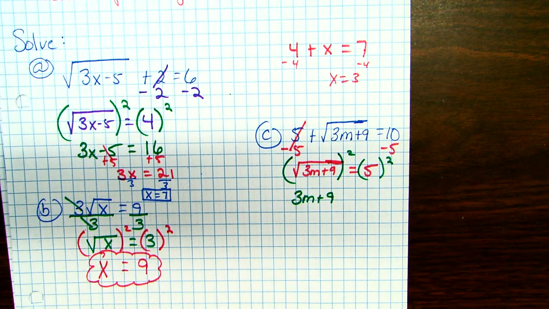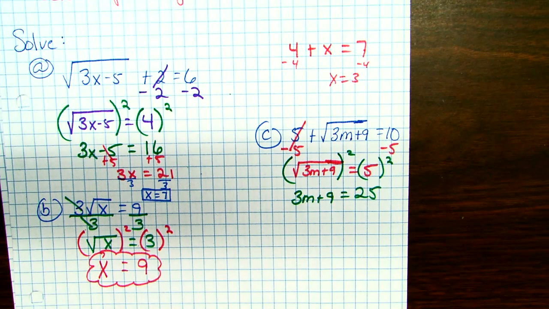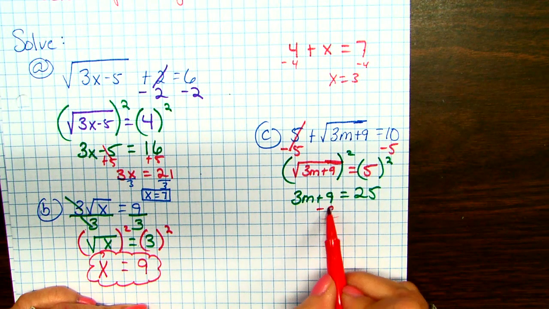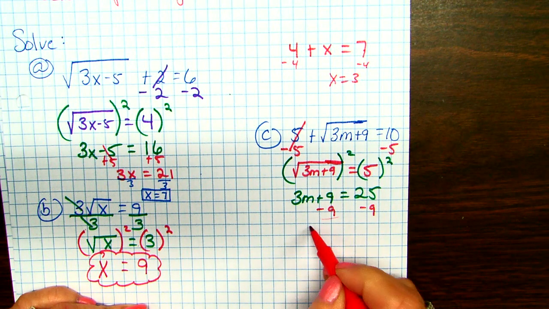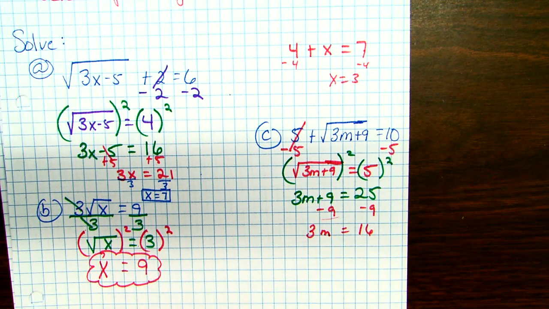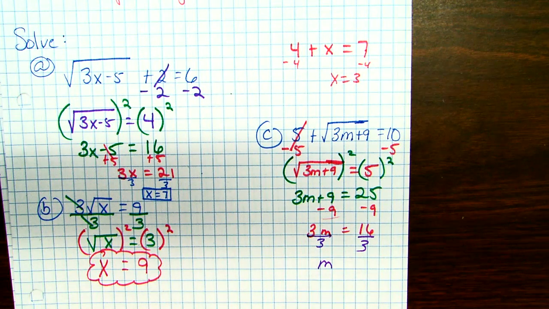That's nice. It's clean. 5 squared is 25. And now you just solve for m, right? We would subtract 9 from both sides. I get 16. Divide by 3. And m is